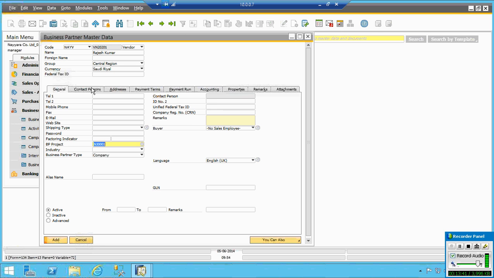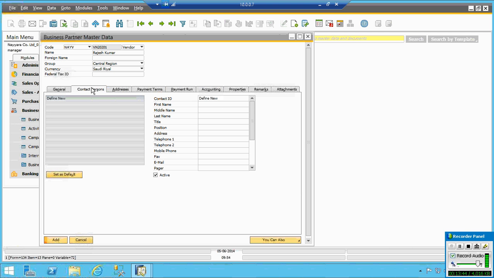Then coming to contact person. If a contact person is linked to the activity, then the contact person is important. From the customer point of view, it is not compulsory, but try to give a contact number. What I found is that in most cases, the contact person is more important than that. So in the customer case, kindly give your contact person. If you don't define the contact person, the system will still work.